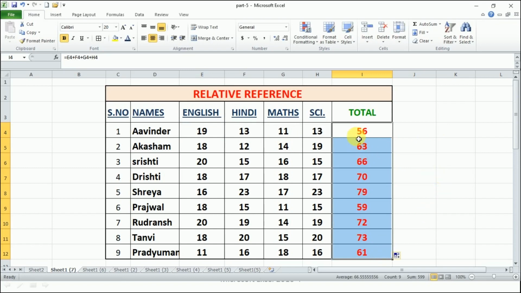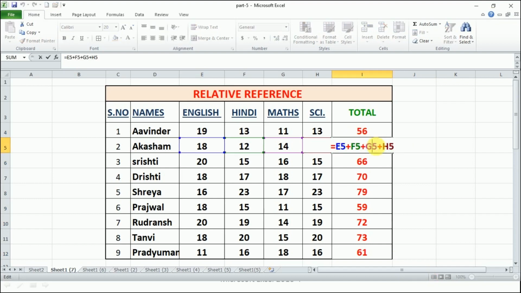This is one way. The other way is to select the cell, copy and paste, right? Now you see, this is the formula. Automatically the name of the row is changed. It is E4, every column with 4 value.